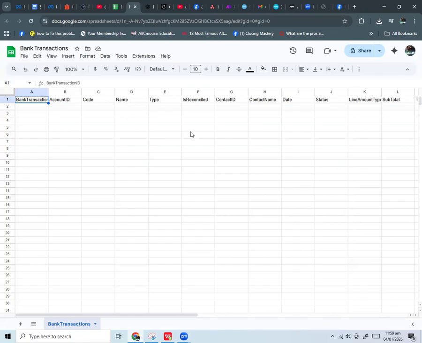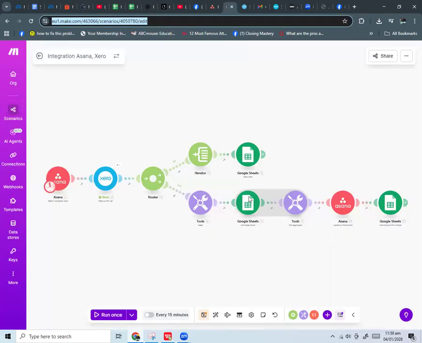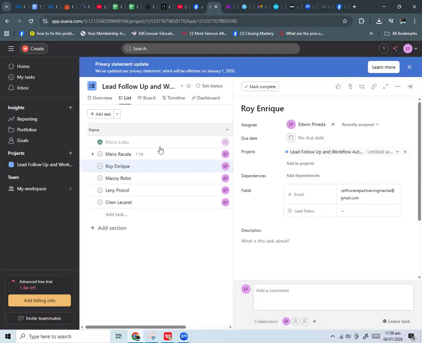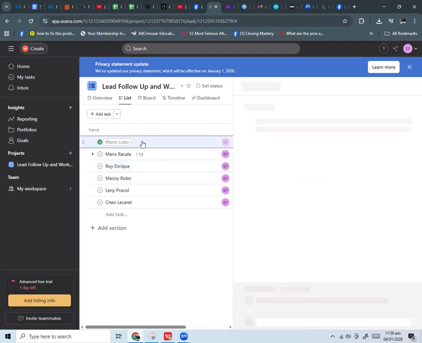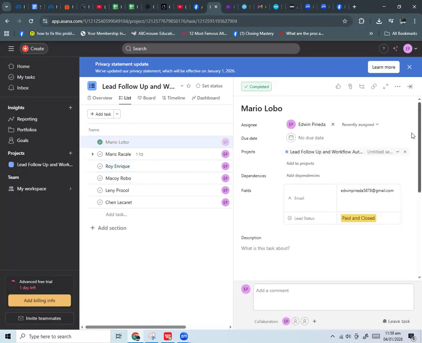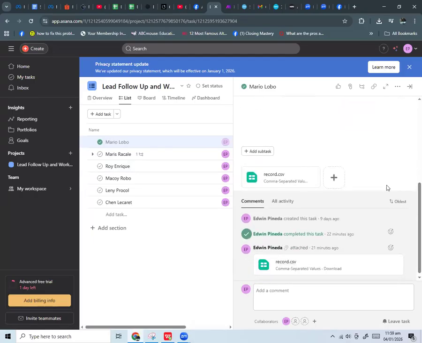After that, the data from here will be saved as a CSV file using this tool here. And after that, the CSV file will be uploaded in your Asana, on the task ID wherein the task is completed. For example, this task is completed. As you can see here, it will automatically upload the records